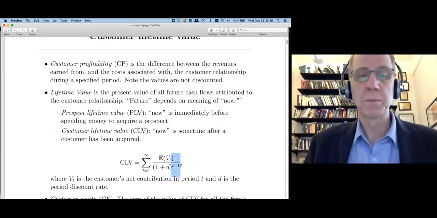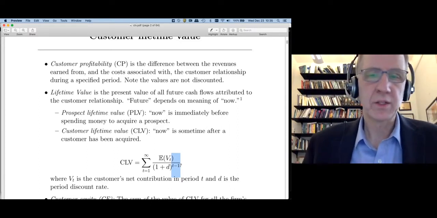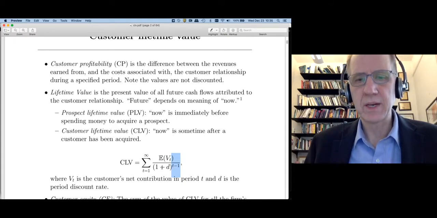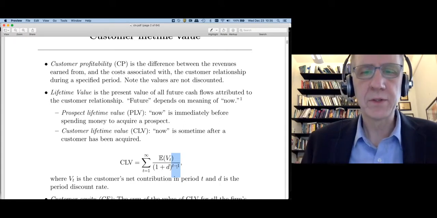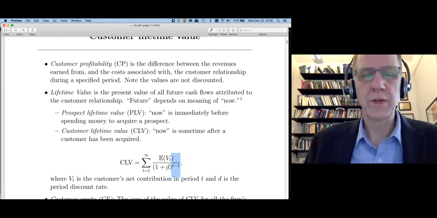So with Netflix, I have to give them some money, they bill me, and then I can start watching stuff. So the first payment is not discounted. So the payment for month one does not have any discount. Thereafter, into the future, we're going to discount, and the further off into the future, the greater the discount.